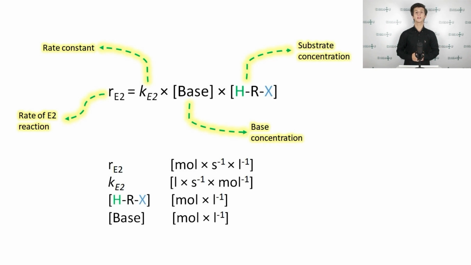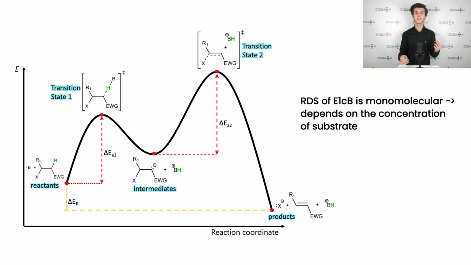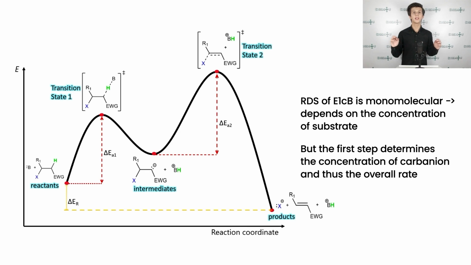Now let us discuss the kinetics of elimination from the conjugate base. The conjugate base is the carbanionic intermediate formed in the first reaction step. Number 1 indicates the monomolecular character of the rate determining step, dissociation of C-X bond in the previously formed carbanion intermediate. The abstraction of the proton during the first step is much faster than C-X bond cleavage. In contrast to the E1 mechanism, it has a direct influence on the overall reaction rate because it defines the concentration of carbanion, which is involved in the rate determining step.